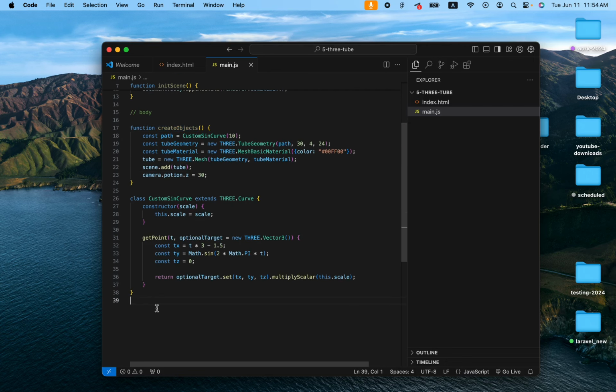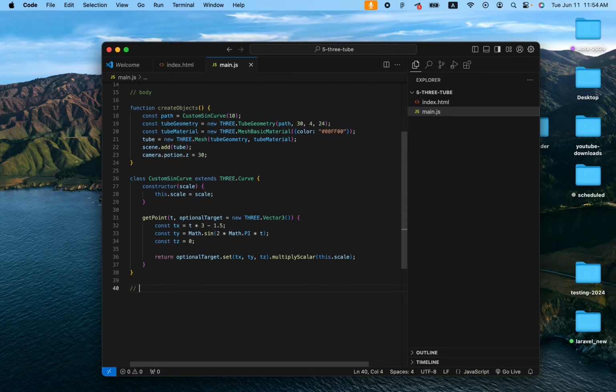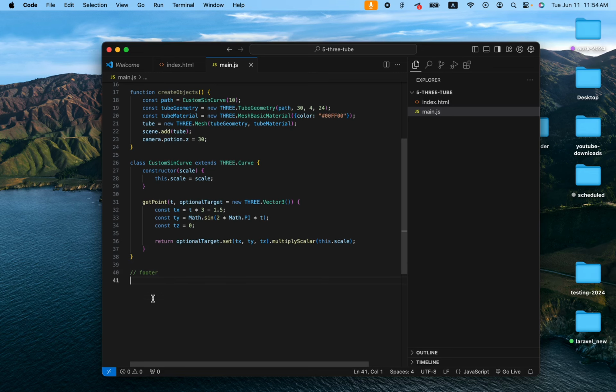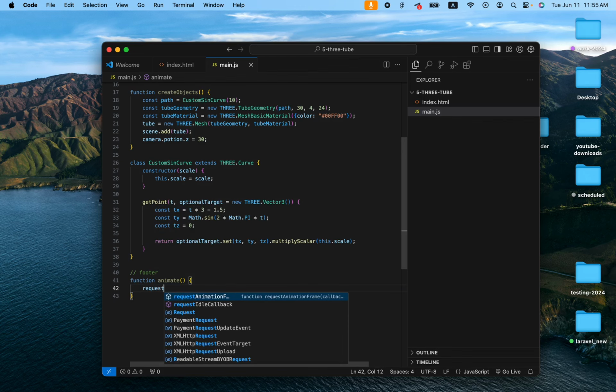So our body is well set, and we go to our footer, the last thing left, and our footer is going to contain the most functions, I think. So the first function is going to be the animate function. Okay, let's go again. Function animate. Inside the animate function, we first want to request an animation